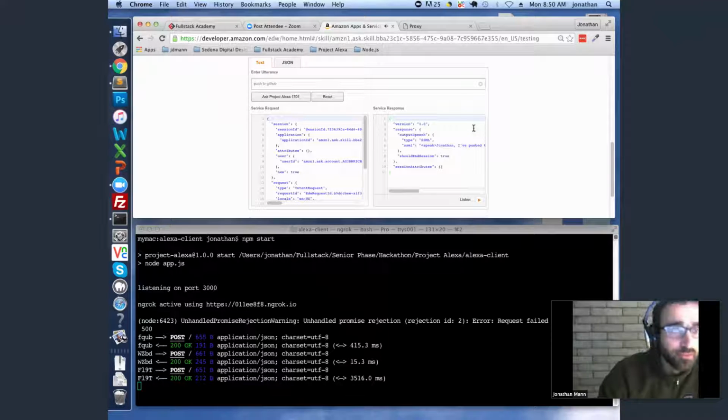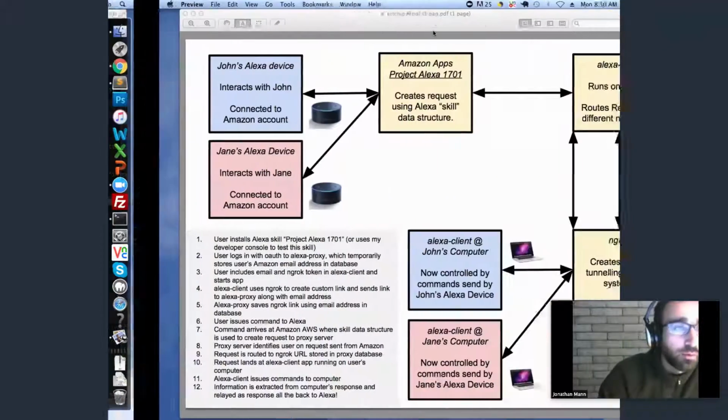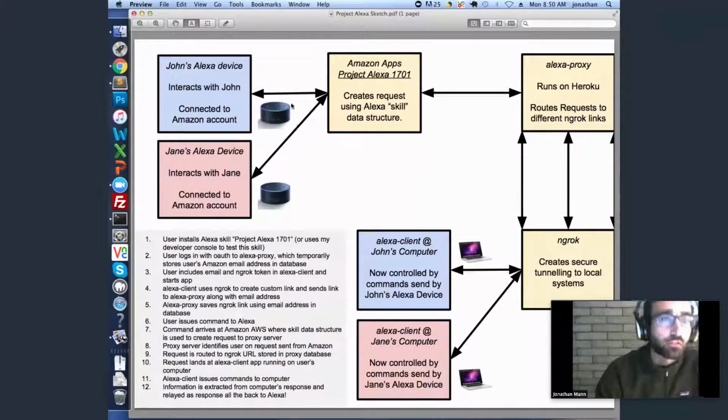All right, so that's basically it. As far as room for improvement, I would want to implement the rest of this, actually publish this to Amazon, and get this working. There were some complications that I ran into, because there are actually more steps here. There are tokens which would get exchanged between the proxy server and the Amazon application, and a few other ways